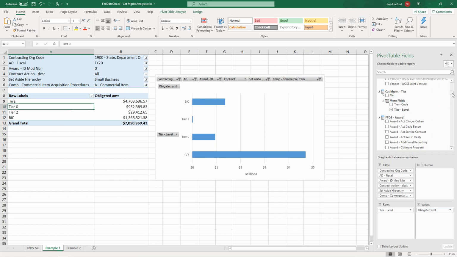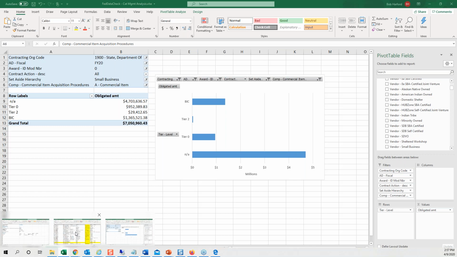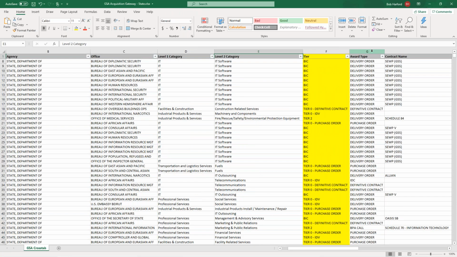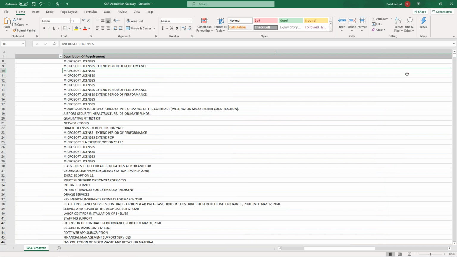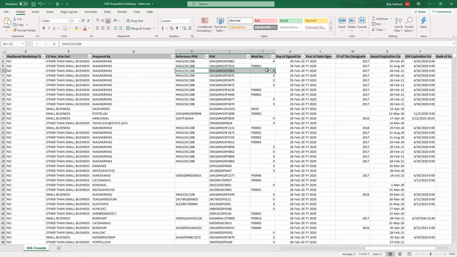And, if you wanted to, you could also pull in the PID and look at the detailed specifics. But by doing the set-aside commercial acquisition, you'll notice when you download your acquisition gateway data, you're not going to have that to analyze by. There is no set-aside column here or commercial item acquisition column here. You only get that by merging your PID, RevPID, and MOD information, by using that to link to your FPDS and G transactions and pulling in those other attributes from the transaction.